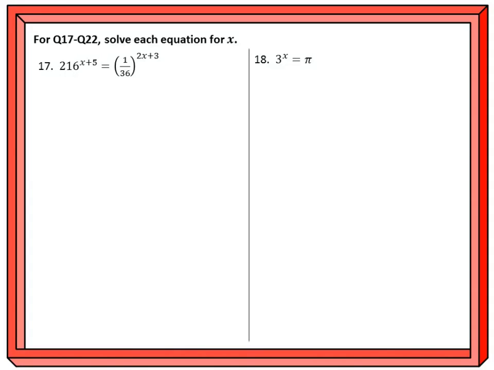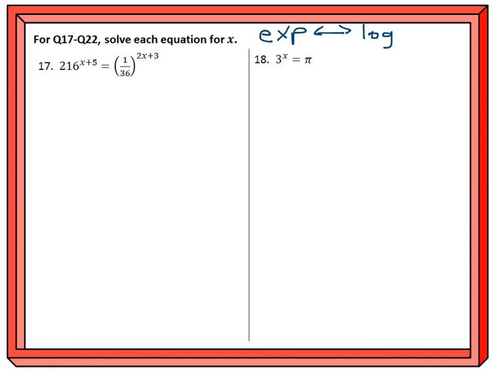So now on this set of questions, we're just solving some exponential or logarithmic equations. And whenever you solve an exponential equation, what you're going to do is turn it into a logarithm. And if you're going to solve a logarithmic equation, you're going to turn it into an exponential. Why? Because they're inverses of each other. Okay, on number 17,